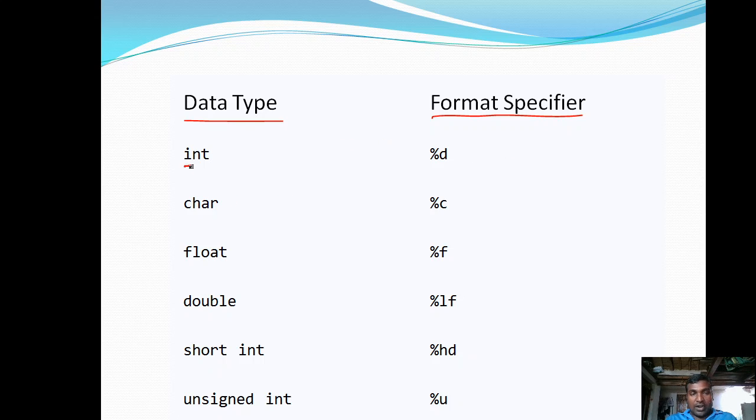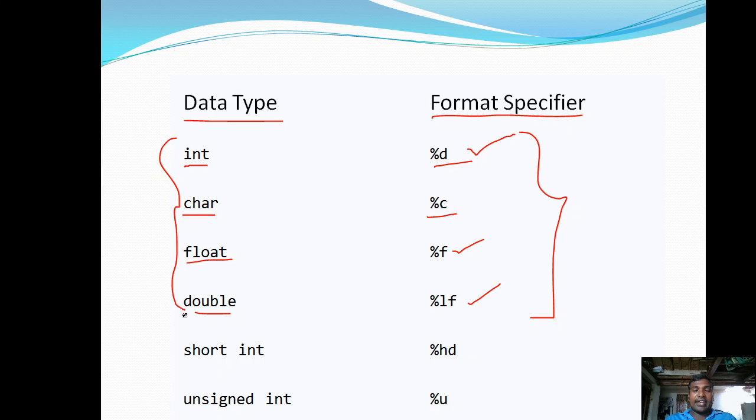If you are handling the integer data type, you need to use the %d format specifier, as we already discussed. If you are handling the character data type, you need to use %c. For the float data type, %f, and for the double data type, %lf. These are all we have discussed.